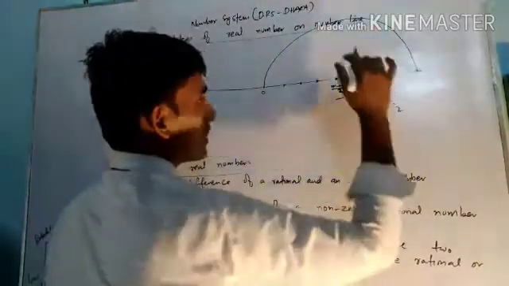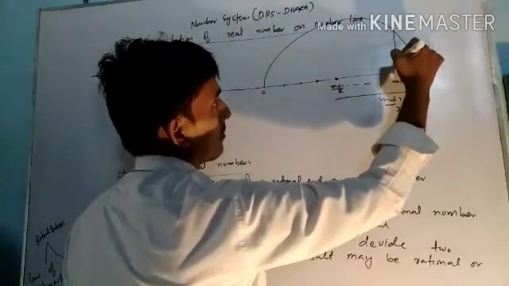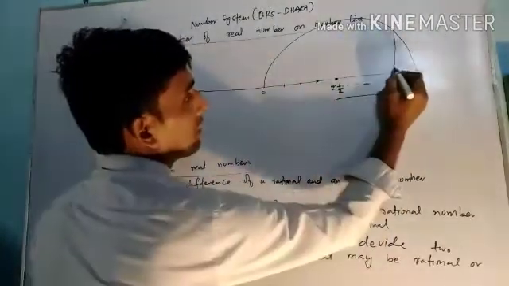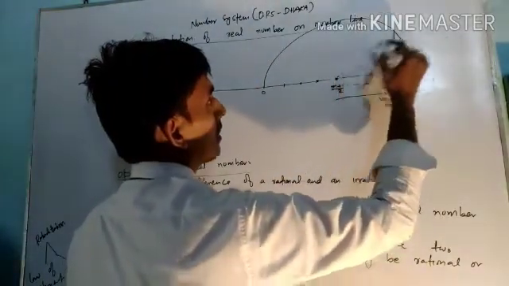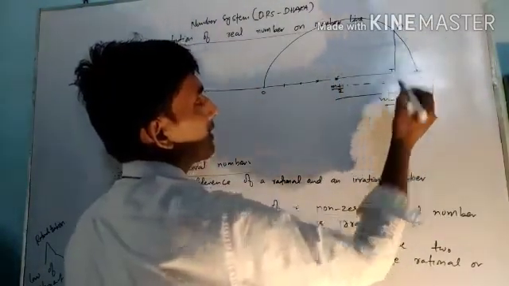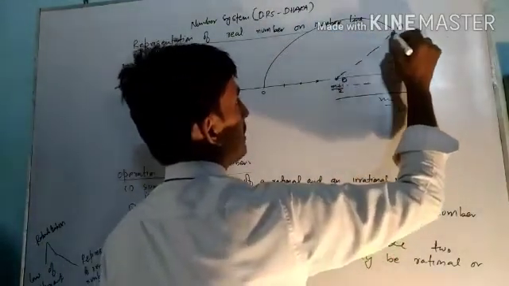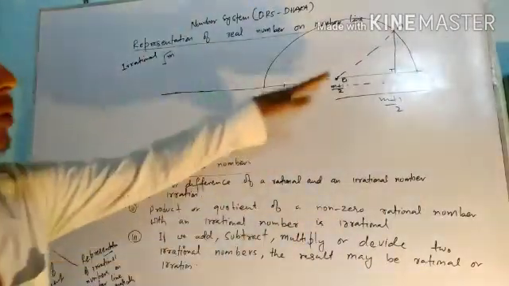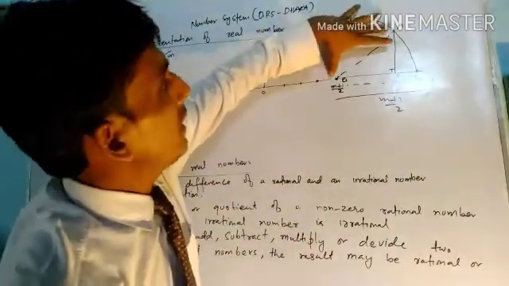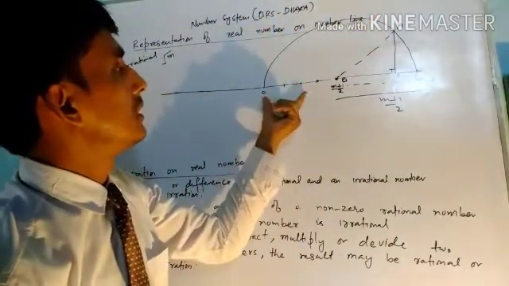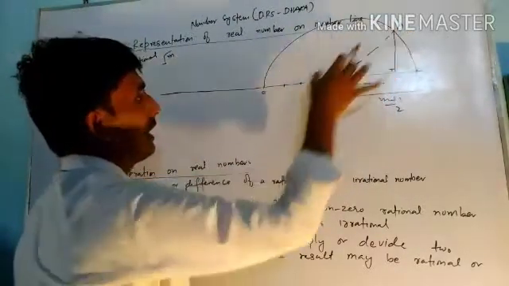Now draw a perpendicular line here on the point M. Suppose this is A and this point is B, and this point is the center of the semicircle O, and now join OA. Now in triangle OAB, this OA is equal to this length, because this is also the radius of the semicircle, and this is also